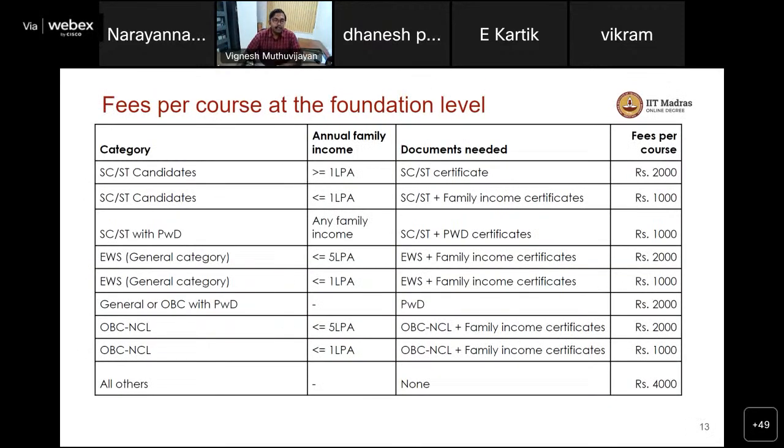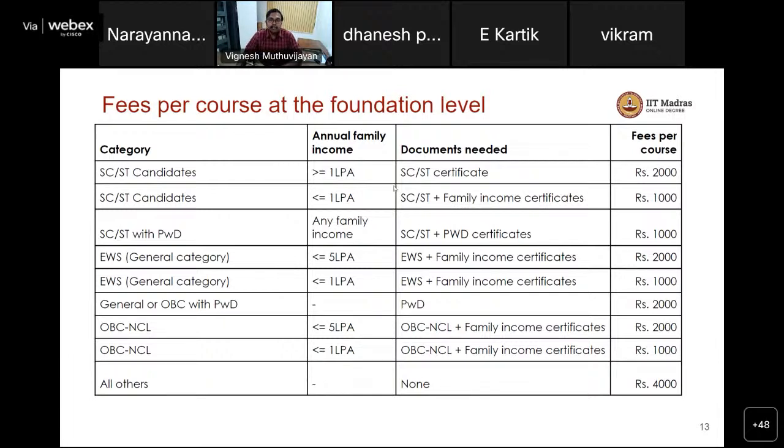Okay, so we will quickly look at the foundation level courses fee structure. The actual fee structure is 4,000 rupees per course for any course at the foundation level. IIT Madras also offers scholarships for students with various backgrounds.